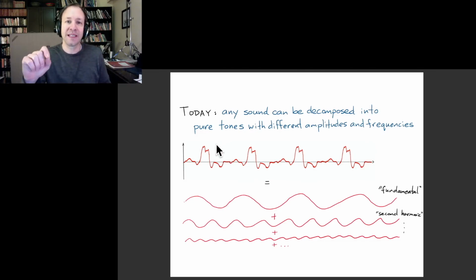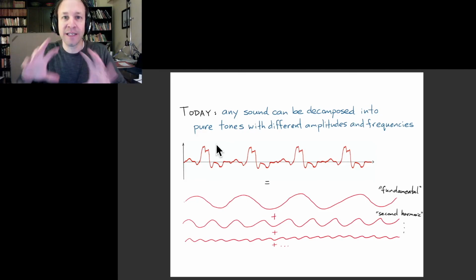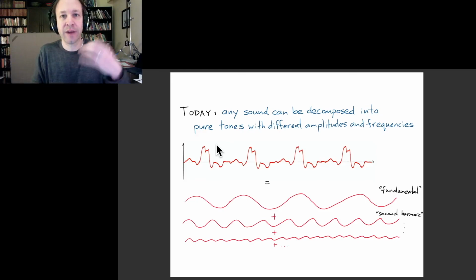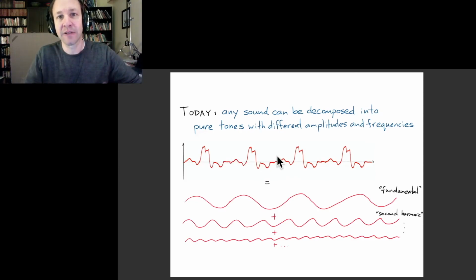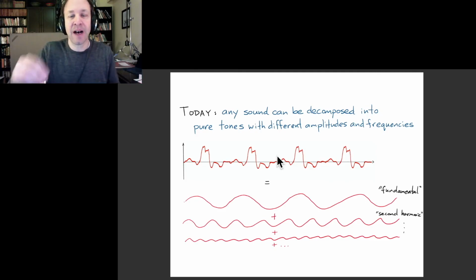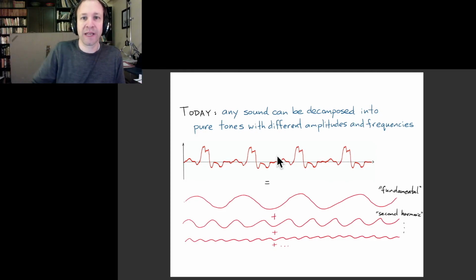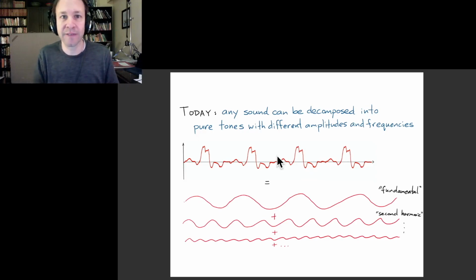But what we'll see is that there's actually a very nice way to represent that information. And it has to do with the idea that any complicated time graph like this can actually be represented or decomposed as a sum of these simple, pure wave time graphs with different amplitudes and frequencies. And so we'll start to understand